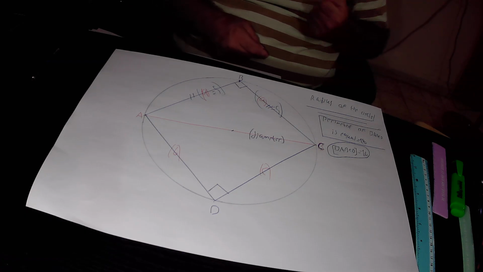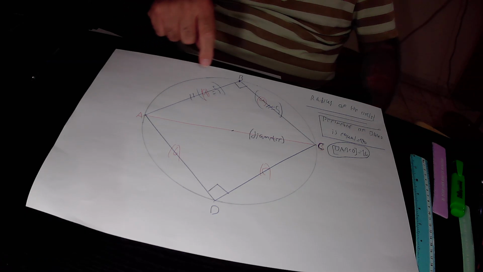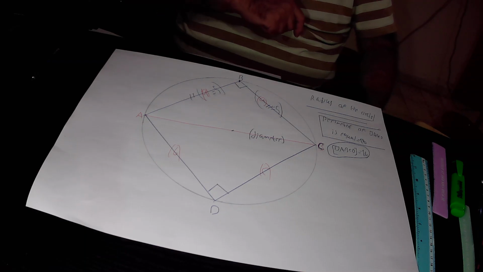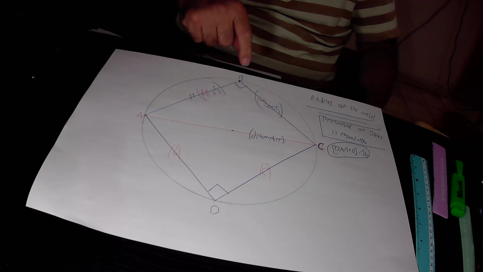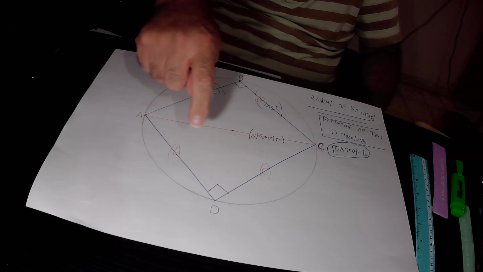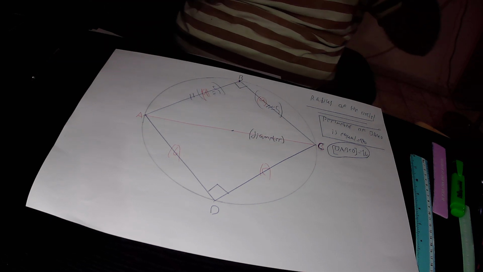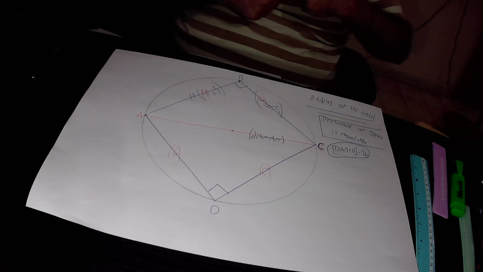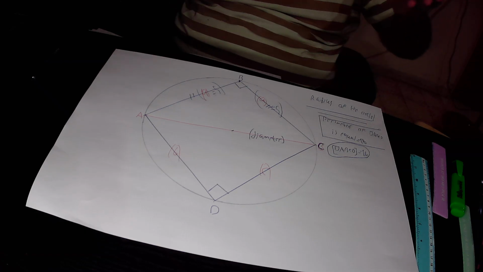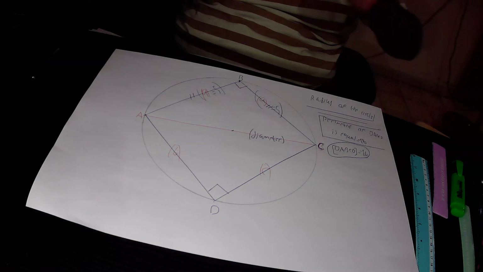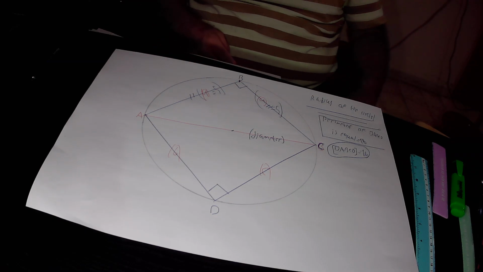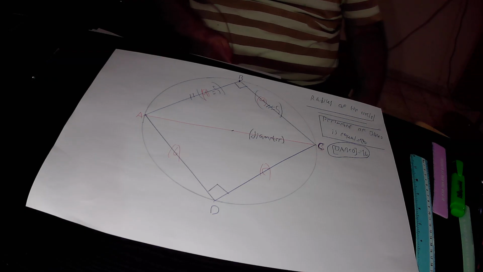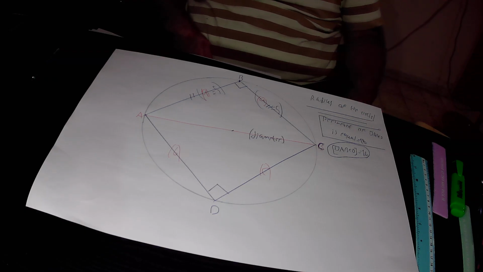We also know that the perimeter of this quadrilateral ABCD equals 18 units in itself. That is to say, the sum of its side lengths, AB plus BC plus CD plus DA, in total equals 18. We also know that the area of this quadrilateral ABCD equals 16 square units in its size. Again, our task is to find out the radius of this circle. So first of all, we define the side lengths of